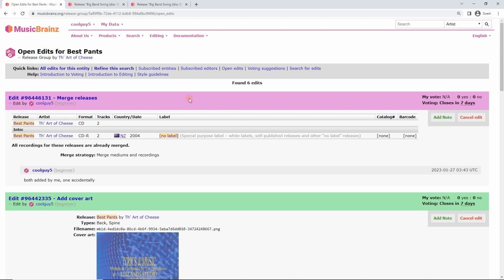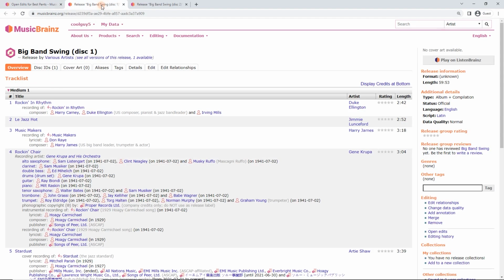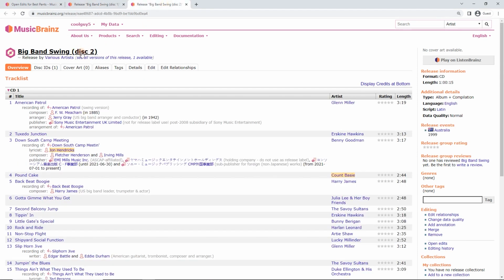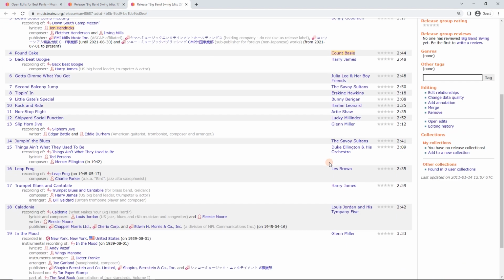Now the other example that I've prepared up here. We're going to look at these two. So here we've got Big Band Swing Disc 1 and Big Band Swing Disc 2. Now, I have checked and I know that these are actually part of the same 2 or even 3 disc